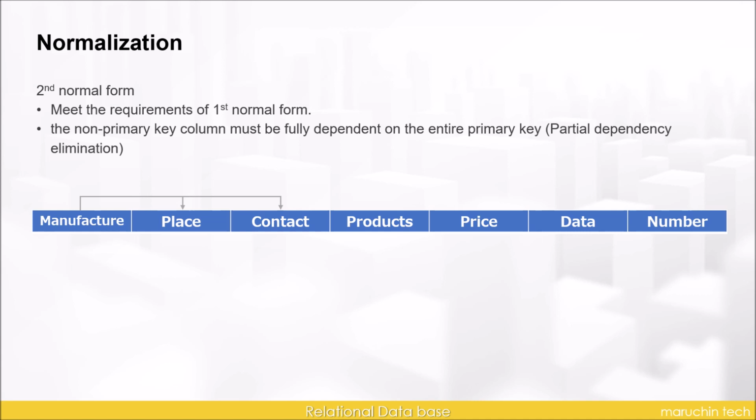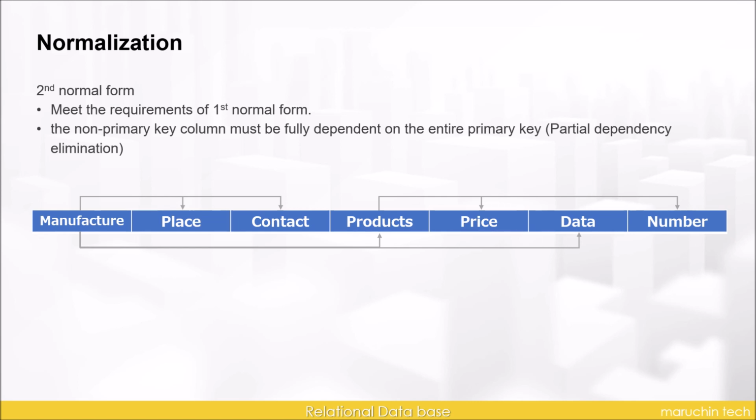In other words, the place and the contact information depend on the manufacturer. Additionally, the price and the number of products manufactured depend on the product. On the other hand, the product and the date of manufacture depend on the manufacturer, and this does not satisfy